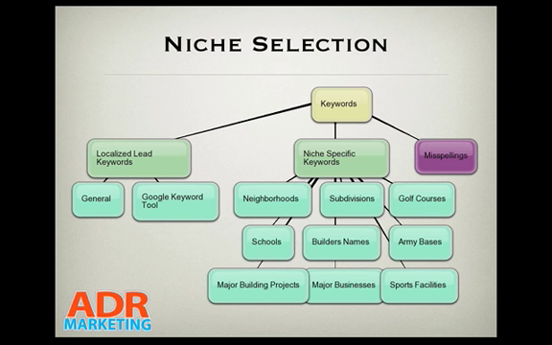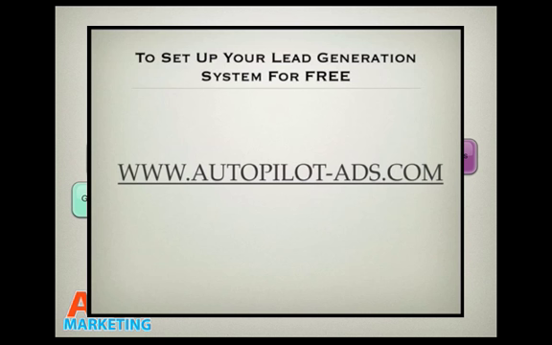And the final technique that I wanted to show you that was in the free report is the misspellings of these names. You're going to get people that type in a misspelled version of properties for sale. They won't go back, they won't correct their spelling, and all of a sudden, all of your advertising competition drops off, and again, you're in that #1 spot with no competition, getting that targeted traffic for very, very cheap. So that's exactly how you go through and do your niche selection